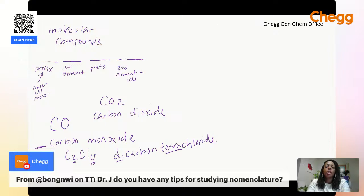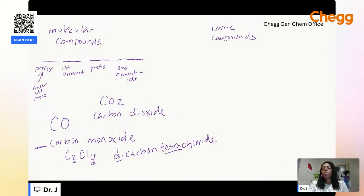Okay. Now, when you're dealing with ionic compounds, we have a different naming format. Ionic compounds, we're not using those prefixes in this manner. Ionic compounds, what we're reporting out is really considered to be the simplest whole number ratio of the ions that are present in that compound. And so rather than listing a prefix, because we don't have this singular molecule, we're going to be referring to what cations are present, those positive ions, and the anion that's present. And then if we have a cation that can have multiple charges, we have to explain that charge as well. Okay. And so when you're naming, you take the cation first,